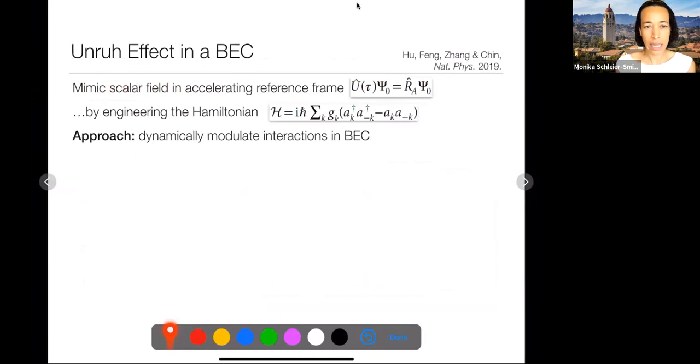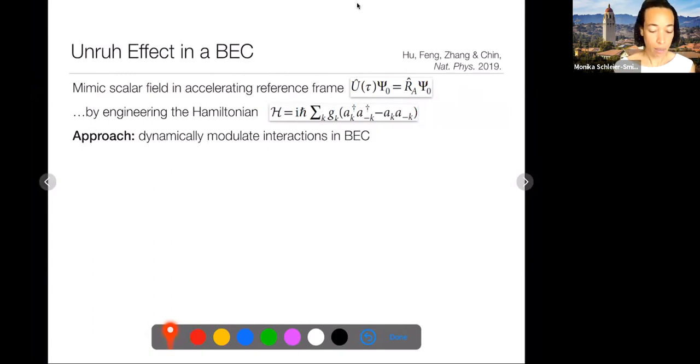In a slightly different approach, also employing a Bose-Einstein condensate, there was the idea: can you study the Unruh effect? So have something that looks like an accelerating reference frame that gives rise to Unruh radiation that's analogous to Hawking radiation, at an effective temperature that depends on the acceleration. Can you realize some version of that effect? The rough approach taken here was that if I have a scalar field in an accelerating reference frame,